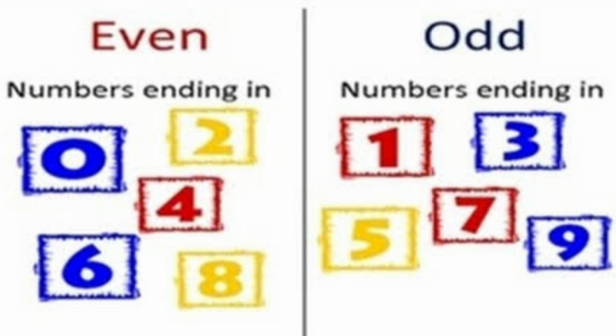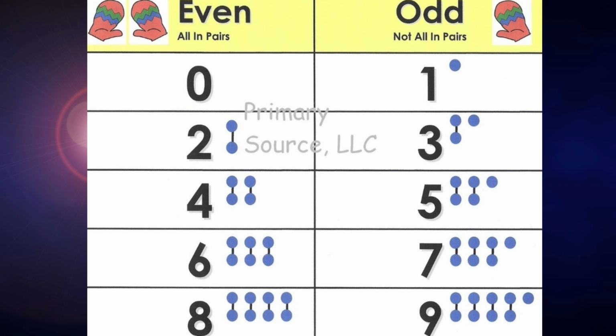Or in short you can say even numbers are always in pairs, but with odd numbers something would be left over. In even numbers, they always pair up with each other. You can remember even and odd like this also, but mathematically we say divisible by 2 or not divisible by 2.